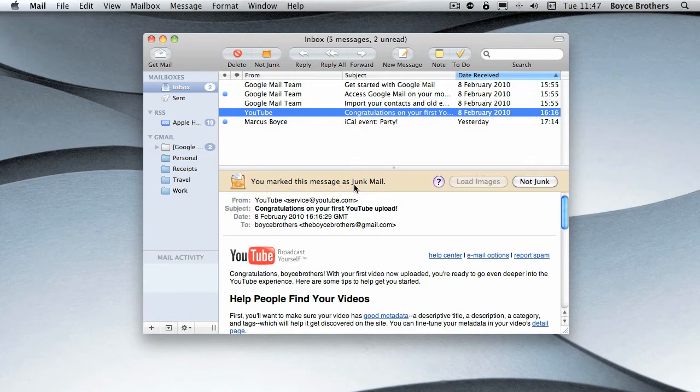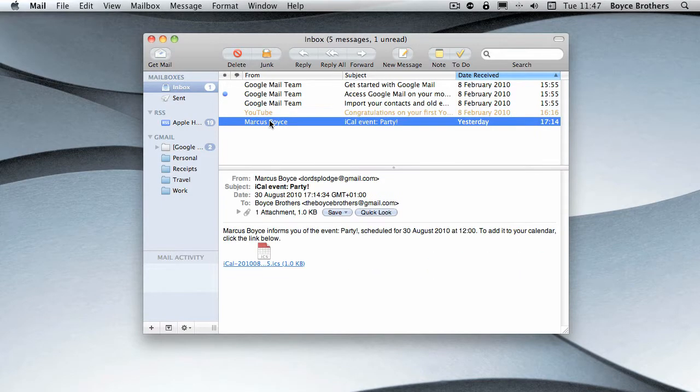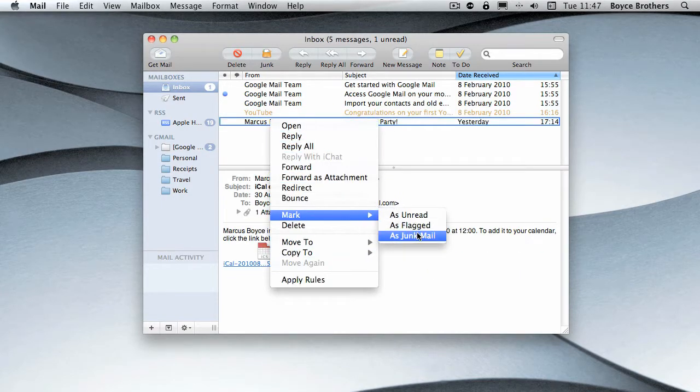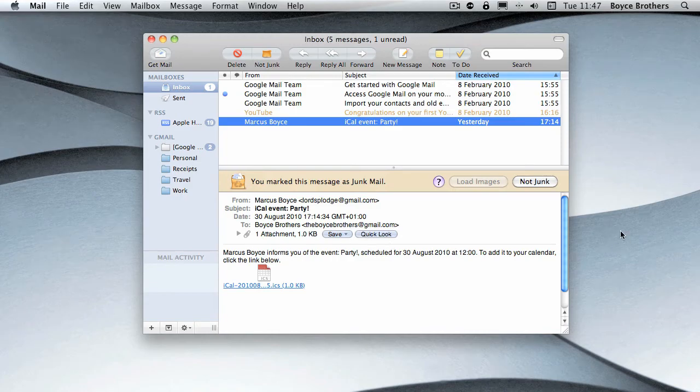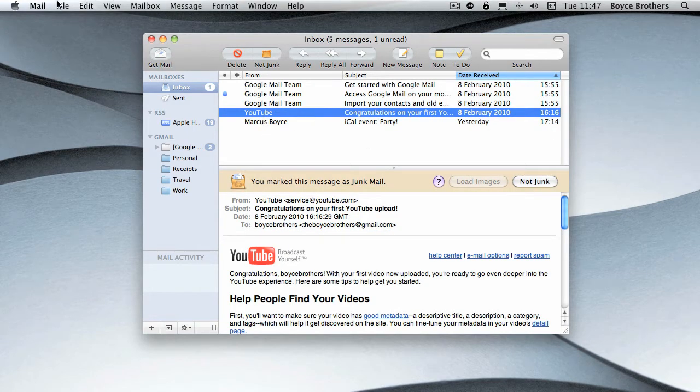it'll say you mark this mail as junk, and it'll highlight it in green. If you get an email that's marked as junk automatically by Apple's Mail and isn't junk, you can simply click not junk. Also, any mail that's marked as junk will not have its images loaded automatically. To load them, you can click the load images button. In this case it's greyed out as there are no pictures in this email. So I'm going to unmark this as junk, and I'm going to leave this one as junk and go to